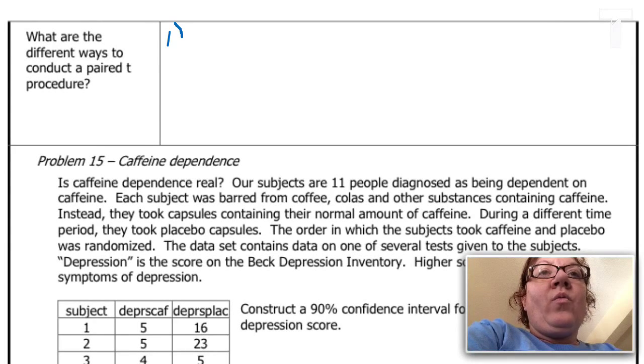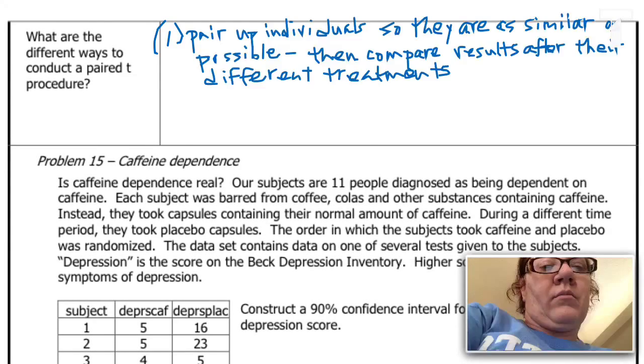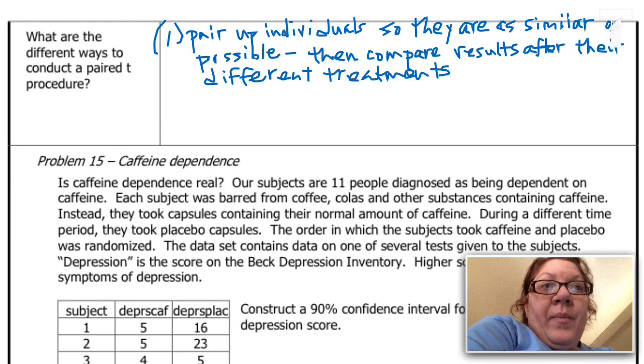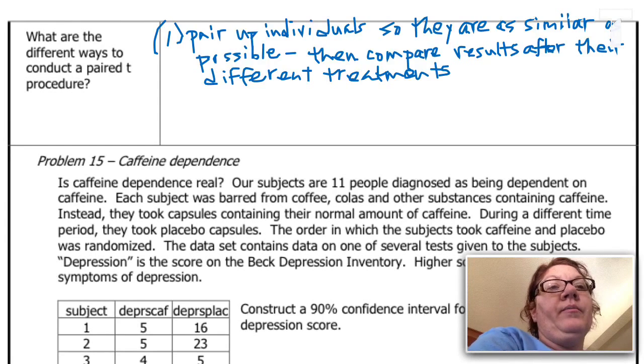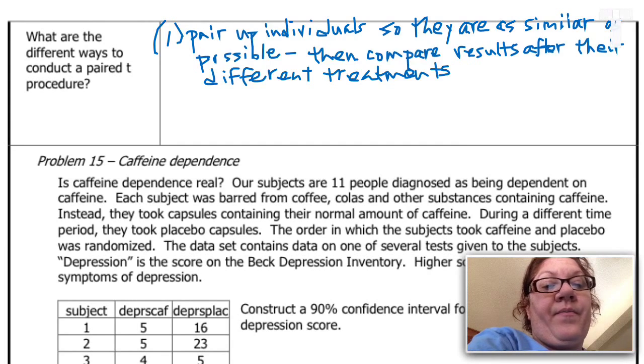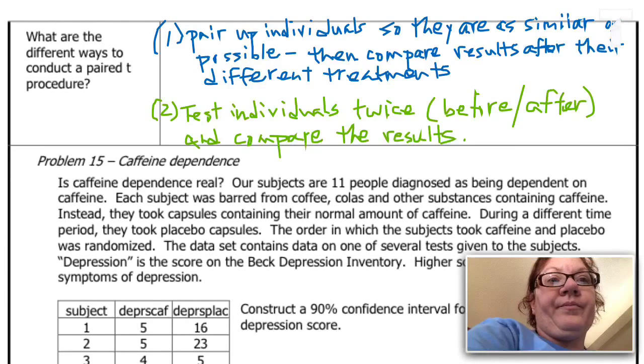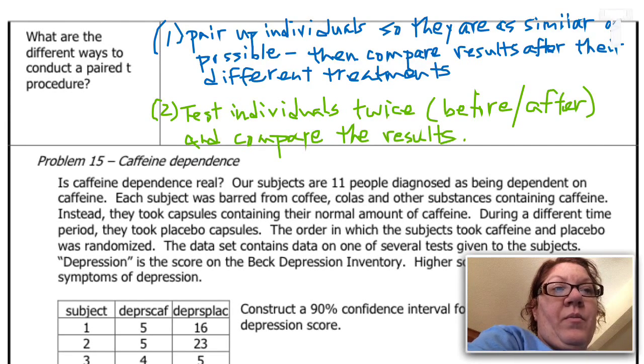Are, number one, that we pair up individuals so that they're really, really similar. And then after we give them their different treatments, we'll compare their results. Best example of this would be obviously twins. The second option is to test individuals with two different treatments, perhaps a before and after, and then compare the